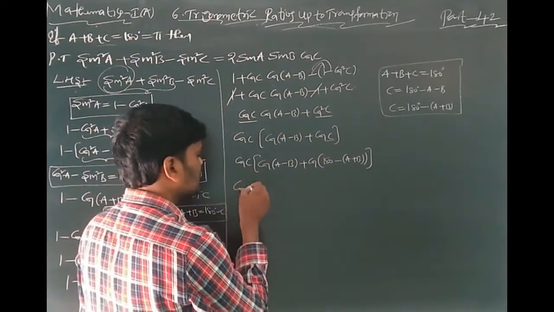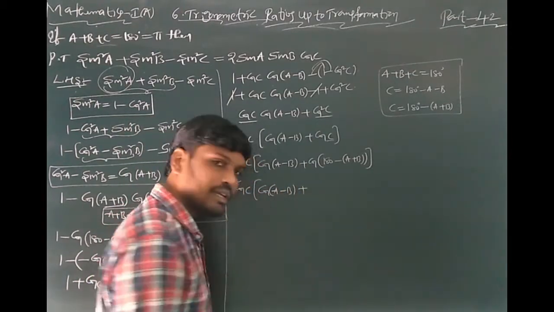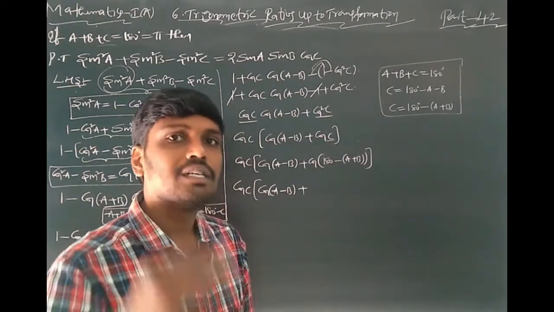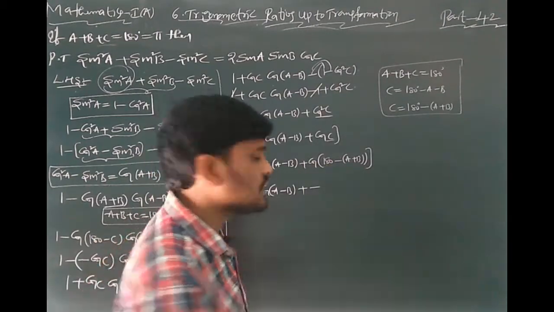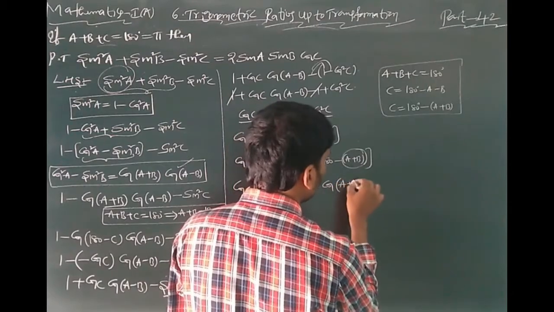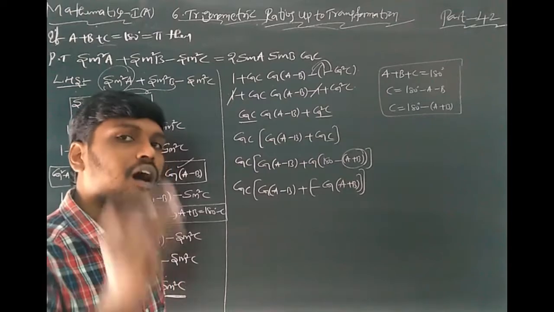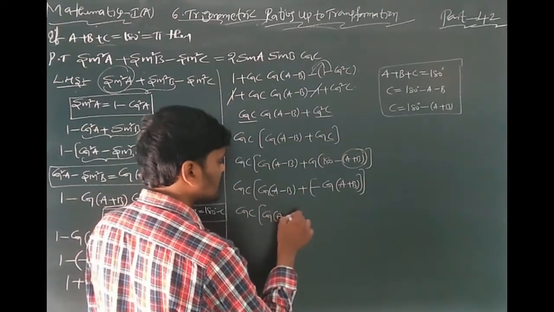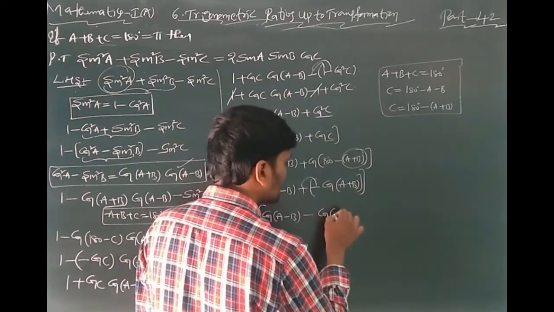After that, cos C is similar. Cos of A minus B also be similar. Plus cos of 180 minus theta, which coordinate? Second coordinate. In the second coordinate cos is negative. 180 minus theta, cos is minus cos theta. Theta value is A plus B. Understood or not, students? After that, cos C into cos of A minus B plus into minus cos of A